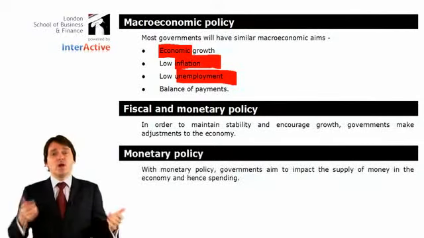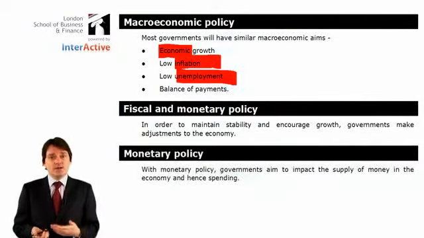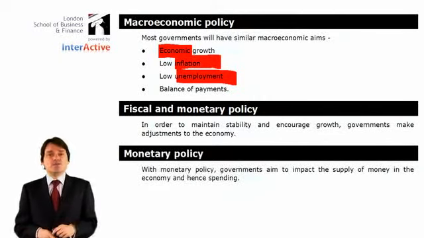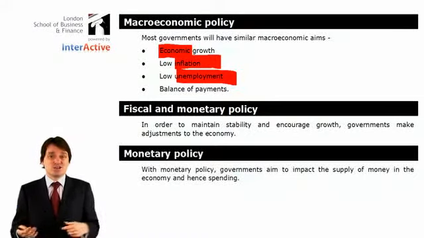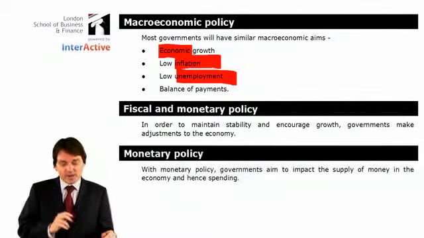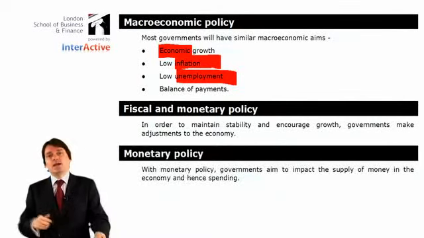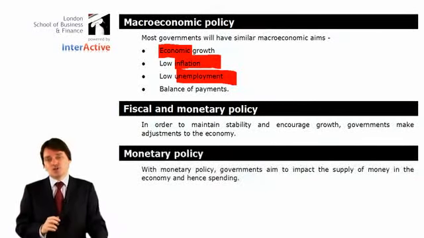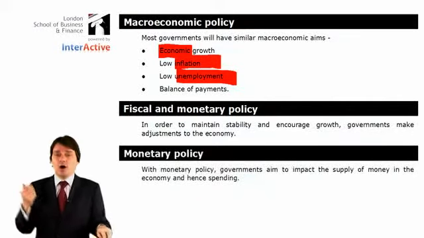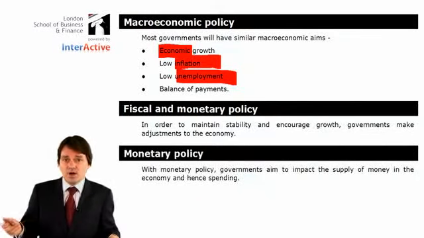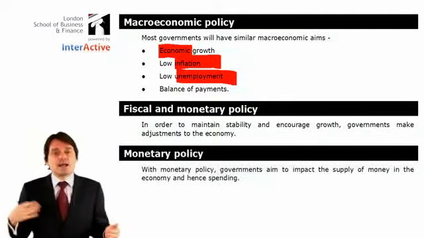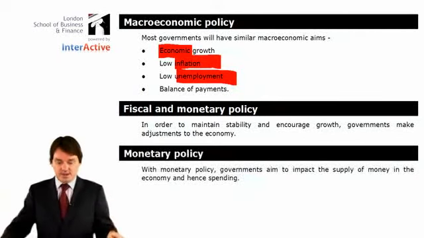Inflation is all to do with more people wanting things than can be provided. If you've got 10 customers and only one supplier, there will be inflation because the supplier will obviously sell to whoever is going to offer them the most money. So if you have low unemployment, lots of people working, it often means high inflation. Similarly, if you've got very few people working, if you've got high unemployment, there is no demand, you have low inflation. Often, they go opposite each other. At least that's the theory. In real life, it's a lot more complicated than that.